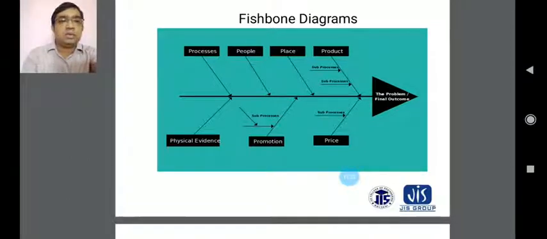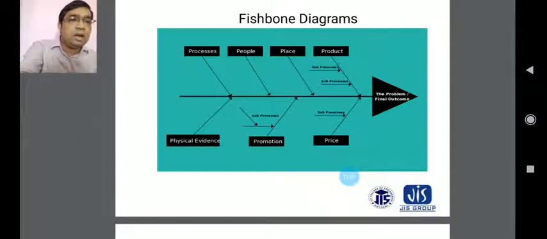And sometimes we can see that promotions will be recorded, like technical promotions, and sometimes different workers also will be promoted. Your product also will be recorded for the promotion, meaning you have to produce good types of products, and this is basically used in the fishbone diagram. And physical evidence also will be recorded when you measure your product quality.